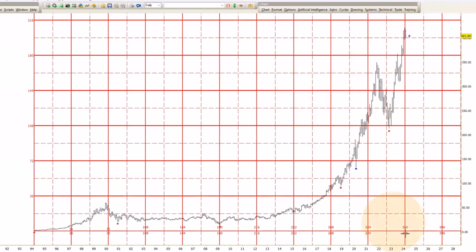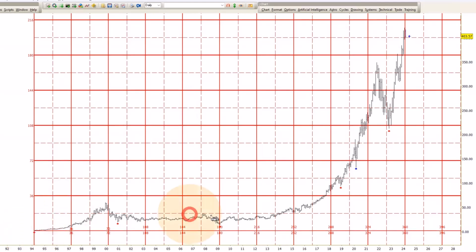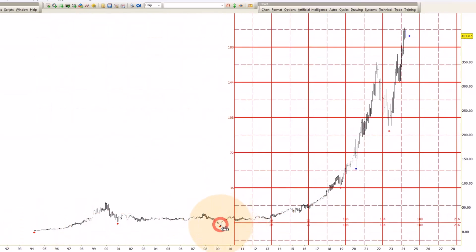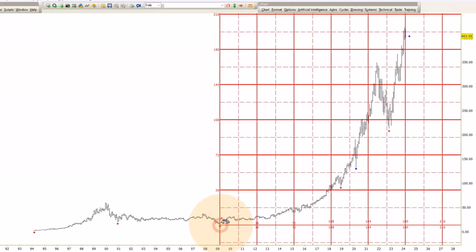What I mentioned when we started out was that we're at 360. What you want to do is not just look for a number to hit. We want to see if there is some kind of connection. If you go to the low in 2009, you can see from there we're doing 180. Nice. So we did 180 low to low and 180 low to high. Now that has a lot more weight than just having one single timing price.